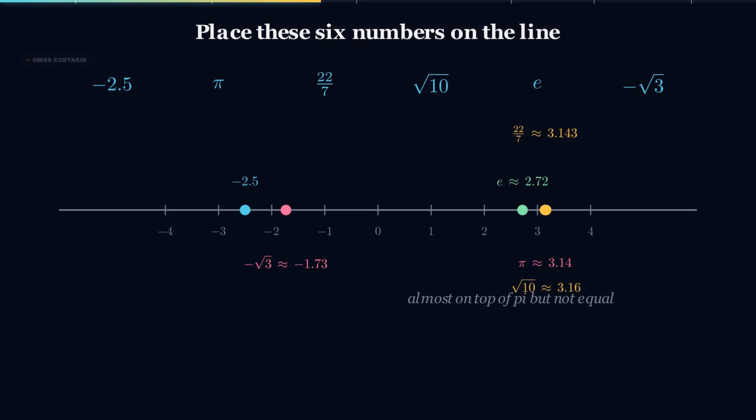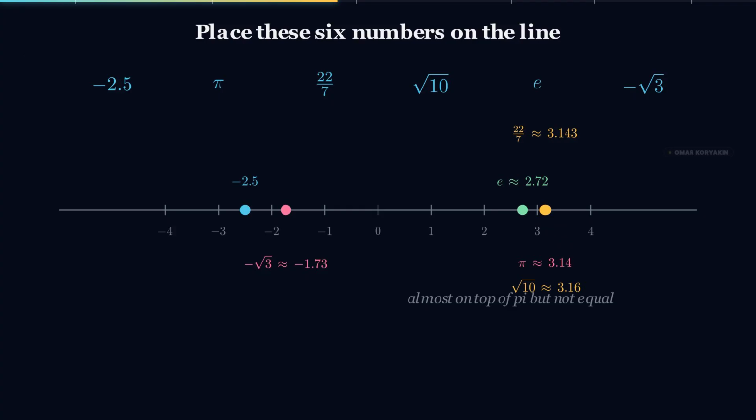The square root of 10 is about 3.16. Because 10 sits between 9 and 16, the square root of 10 sits between 3 and 4, and a more careful estimate puts it at 3.16. A yellow dot lands just to the right of 22 over 7, completing a tight cluster of 3 numbers